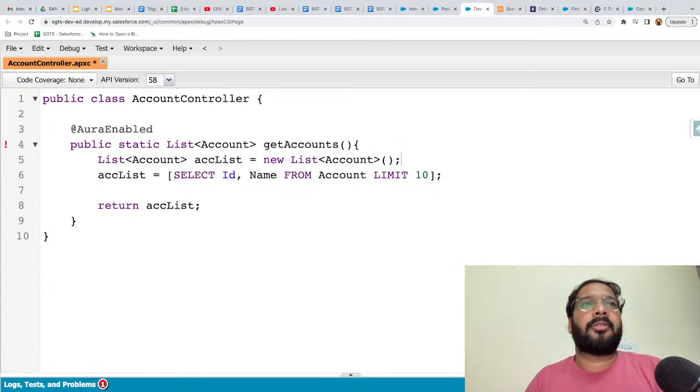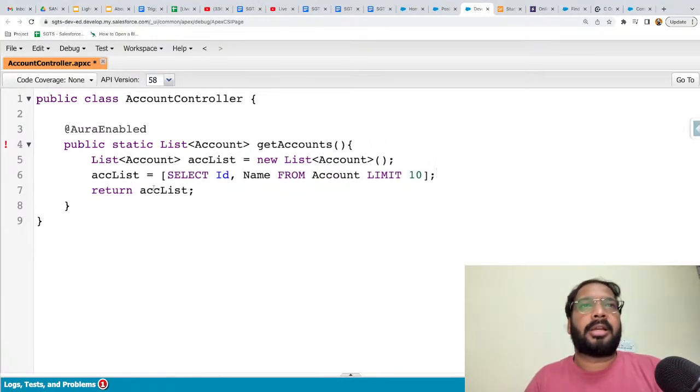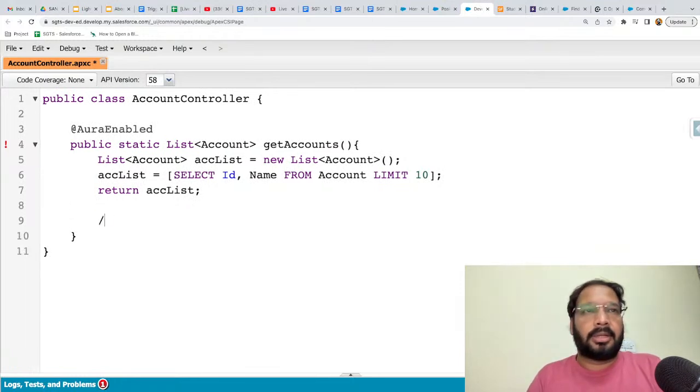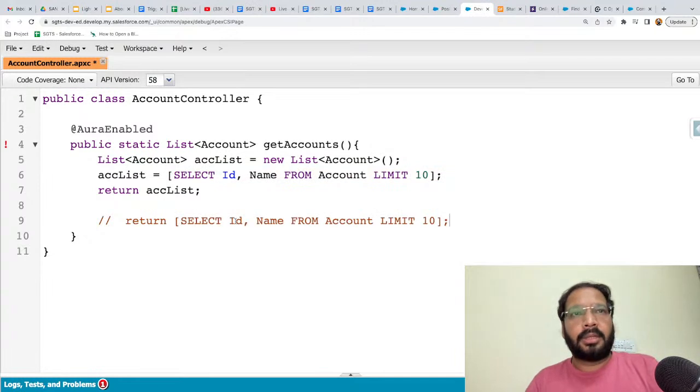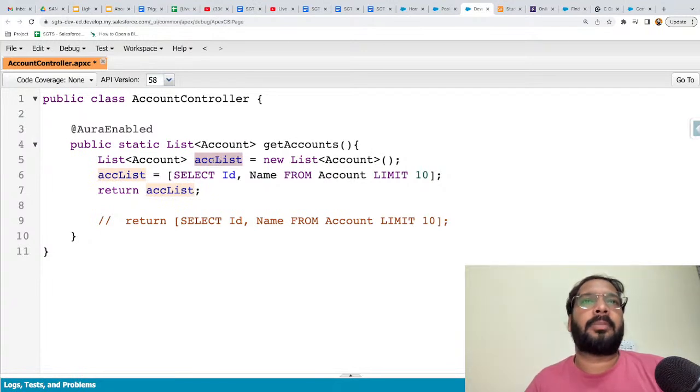Okay, so right now here we have three statements. You can write it in a single statement as well, right? What you can do is simply write return, and then you can have this SOQL. This is also possible. If you want to create a variable for this list, that is also possible. Otherwise you can write this single statement also. With this statement, whatever account records you query will be returned to the component where you call this method. Okay, so now I'm going to save this,